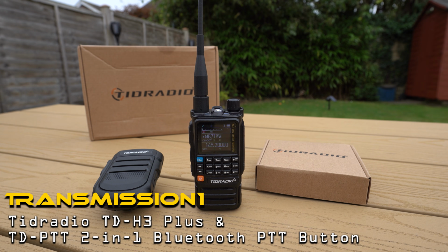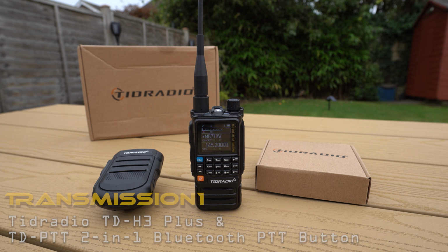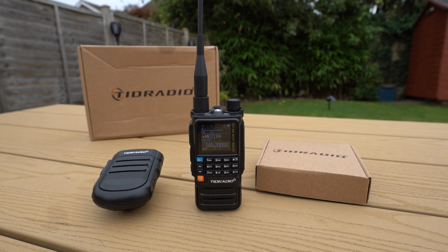We're out in the garden today and we're taking a look at a new radio from Tidradio called the TD-H3 Plus. Now you may recall last year I did a review on the extremely successful and very popular TD-H3, which was one of the first radios from TID that appeared on the market that could be Bluetooth programmed using an app from a mobile phone, and it could also be programmed from the web using Bluetooth too, using an application called Odmaster. So Tidradio pioneered the Odmaster application and have opened it up to program a wide variety of different